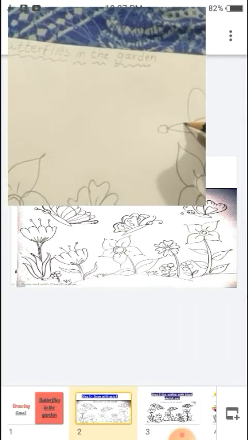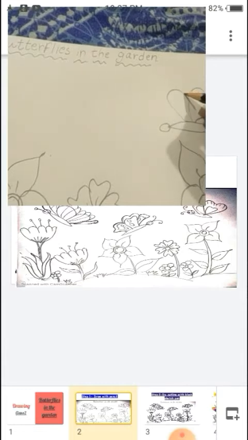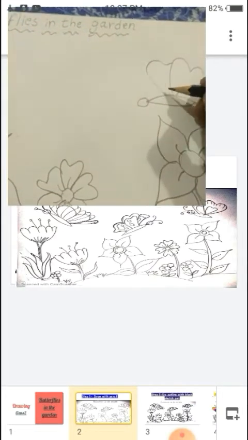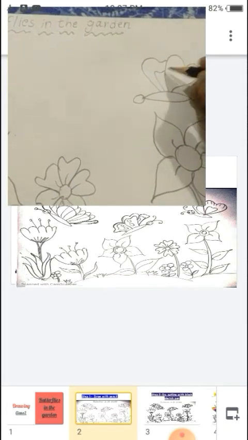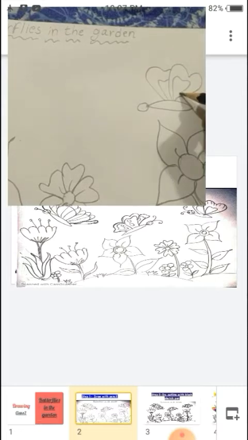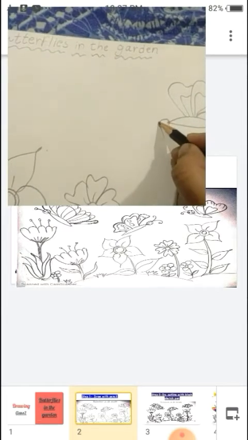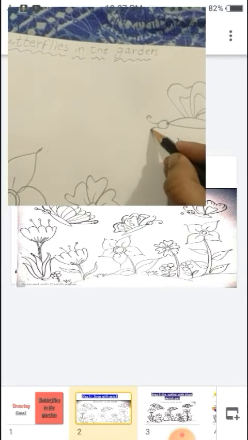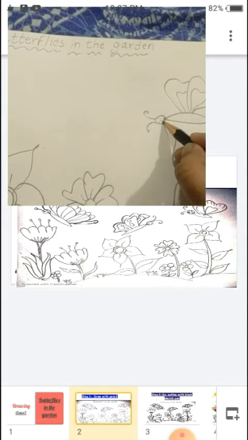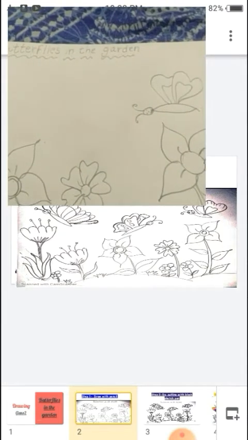Okay, how it looks when it flies. Here on the side, one more wing of the butterfly. Okay students, inside the wings you can make a design very nicely. Any design you want, you can make. Here the antennas of this butterfly, two antennas, eyes, nose, and a small smiley. Okay, this is my butterfly.